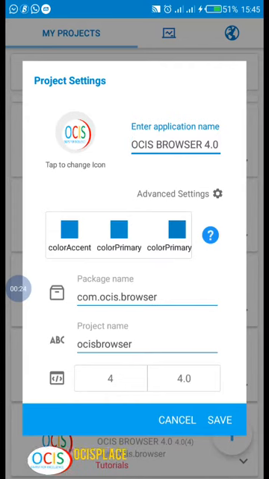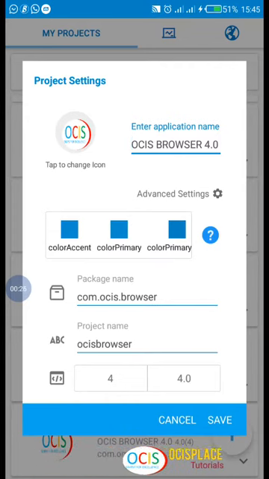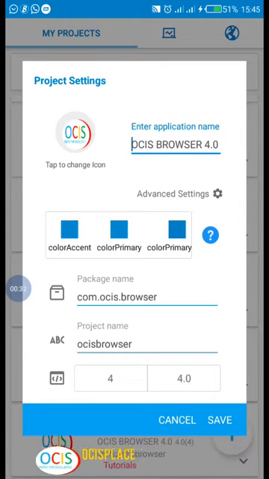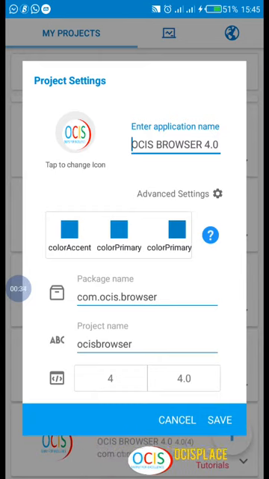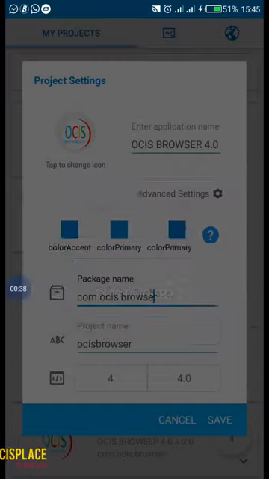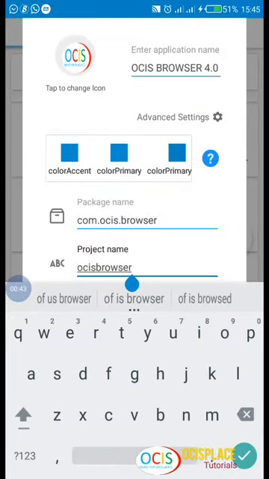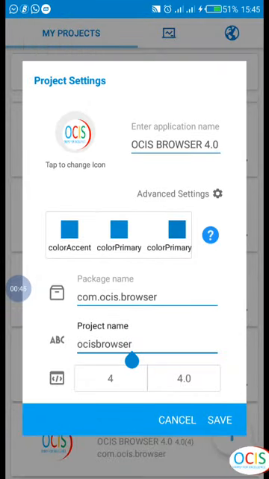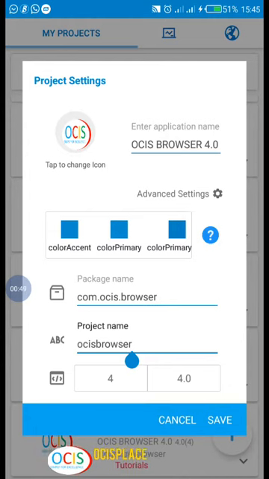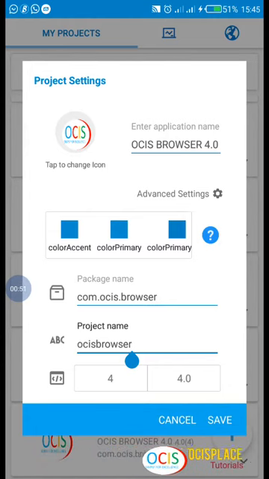Remember, your project name is very important. Whatever you use in the project name is what you use in the Firebase settings, so you make sure that you put the right thing. For mine, I'll be using com.ocis.browser because that's what I've configured on my Firebase, and so also my project name is OCIS browser. I've set the version to 4.40. So with all this set, we can proceed to save,